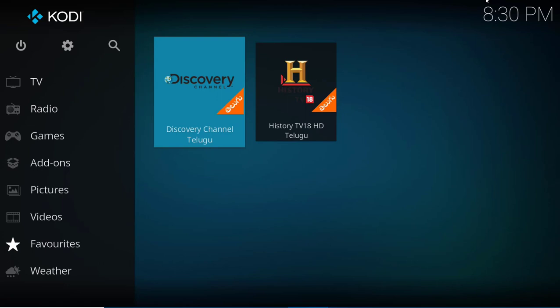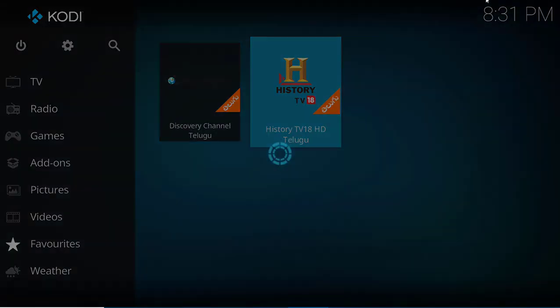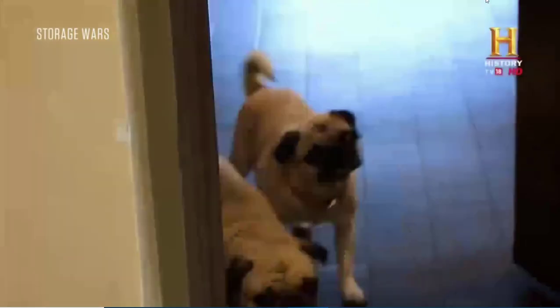So by this you no longer need to navigate to add-ons, then go to the JioTV app, select languages, then select your channel. Instead of all these steps, you just add the channels you frequently watch to favorites, and you can easily access them from here. You can see the channel opens directly here.